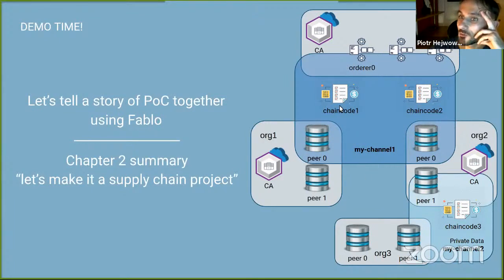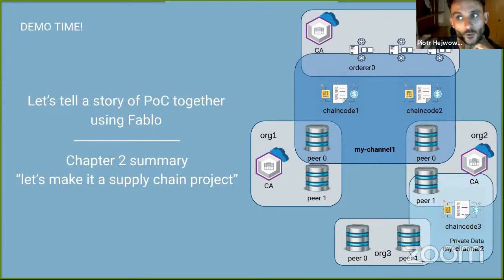My channel 1 with 1 chaincode. I hadn't done it yet, but we also could have installed another chaincode on that channel. And Fablo is elastic enough to do such stuff. We also can join peers from organization 2 or 3 into a separate channel and provide some information about private